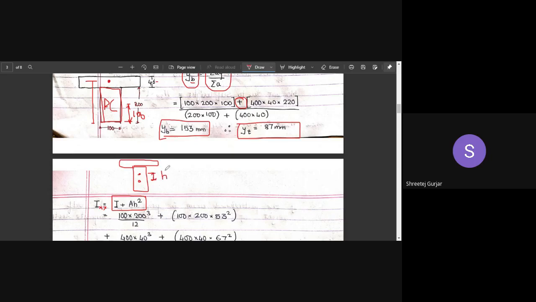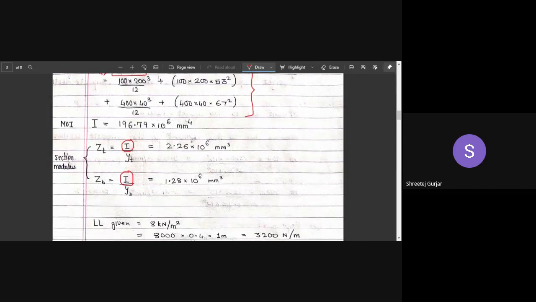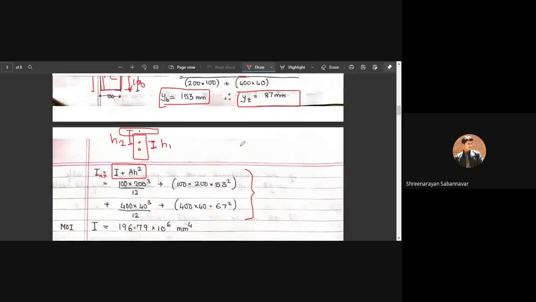Same thing, H. Okay, H1 for the precast beam, and then similarly this will be H2. So you can easily calculate this. Similarly, we have solved many problems calculating I previously also. The same method we can follow and calculate the section modulus from the top fiber and from the bottom fiber, ZT and ZB. Sir, that H1 and H2, sir, can you?